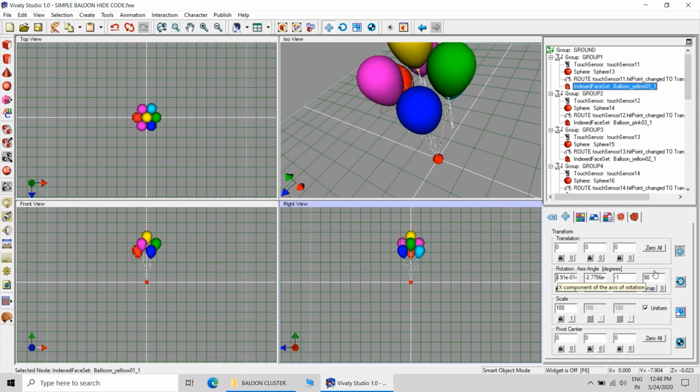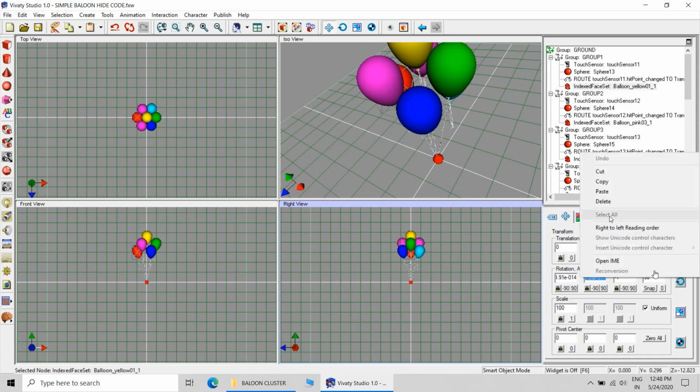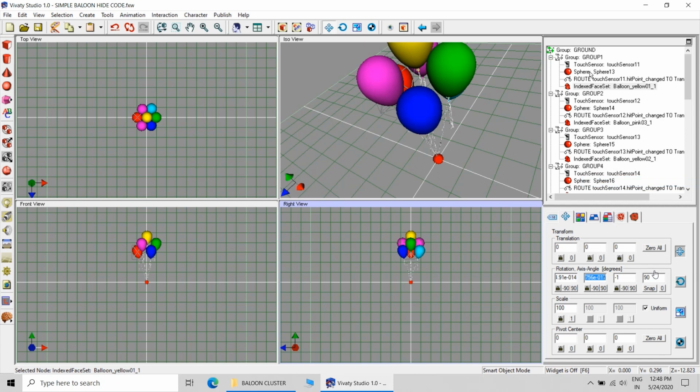Now in another code, I have actually moved the sphere inside the balloon, and there you can see that the blast takes place when the cursor is moved on the surface of the balloon. But here it is not possible. Here the sphere is at the end of the threads. That is the problem.